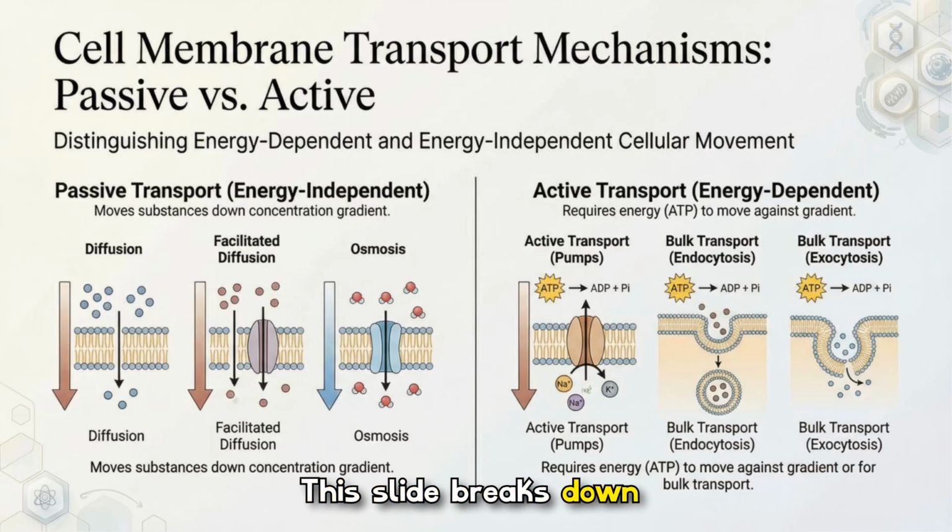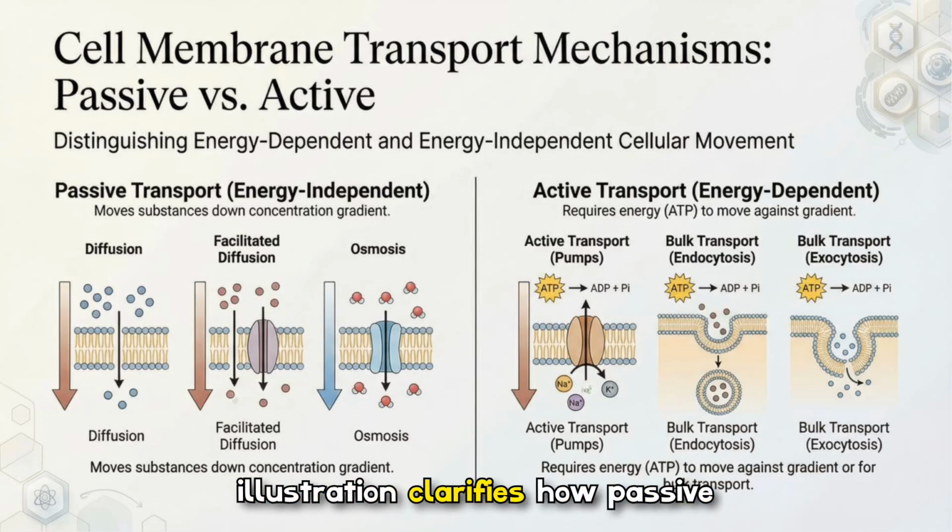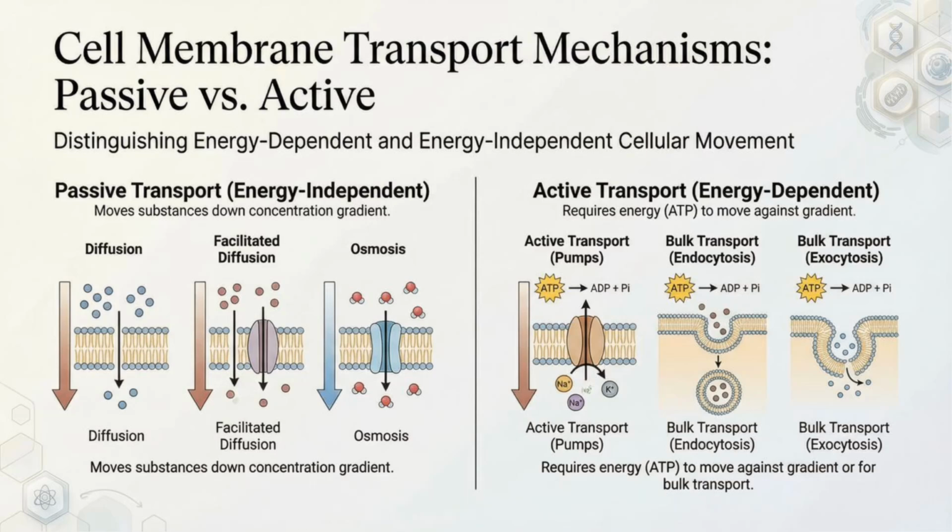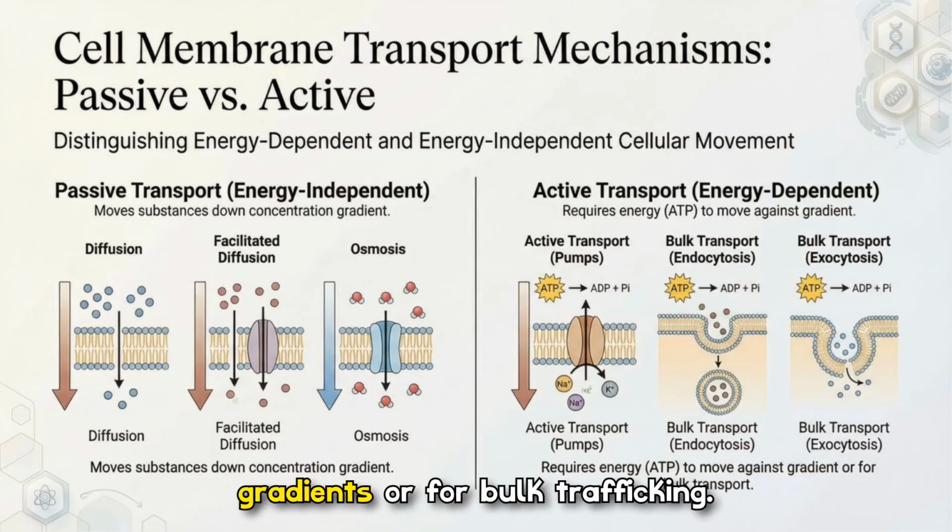This slide breaks down membrane transport into energy-independent passive processes, like diffusion, facilitated diffusion and osmosis, and energy-dependent active transport, including pumps, and vesicular endo/exocytosis. The illustration clarifies how passive movement follows gradients, while active transport uses ATP to move substances against gradients or for